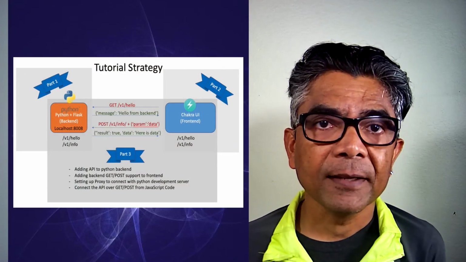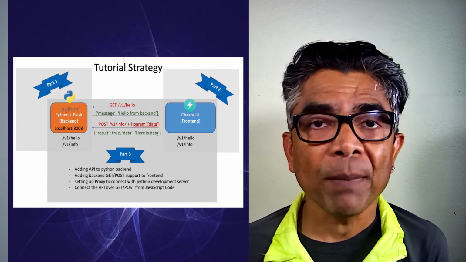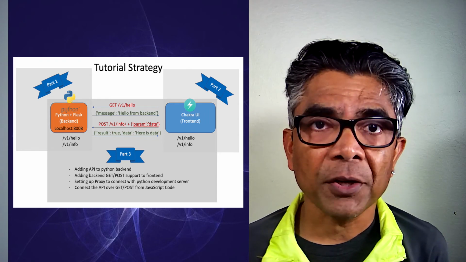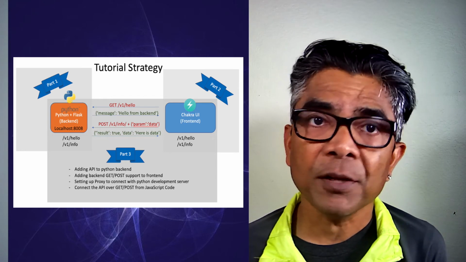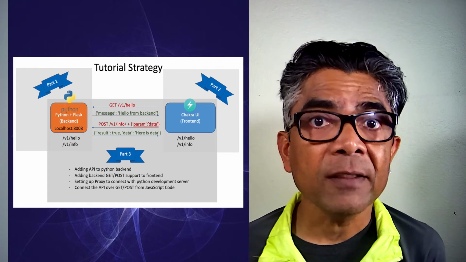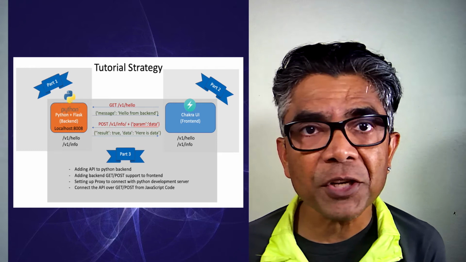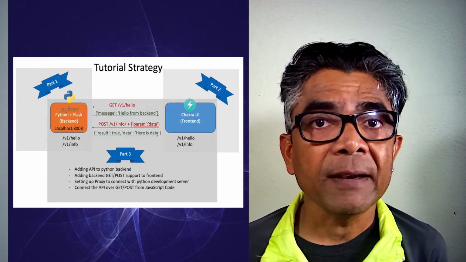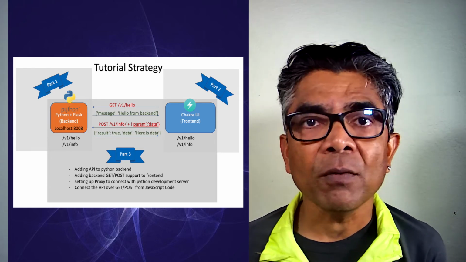Welcome back to part 3 of our Chakra UI and Python backend based tutorial. We have already covered Chakra UI in part 2 and the Python Flask based backend in part 1. In this part 3, we are going to add the APIs in the Python backend with GET and POST implementation, and then we are going to add support to backend access over GET and POST RESTful interface in our Chakra UI